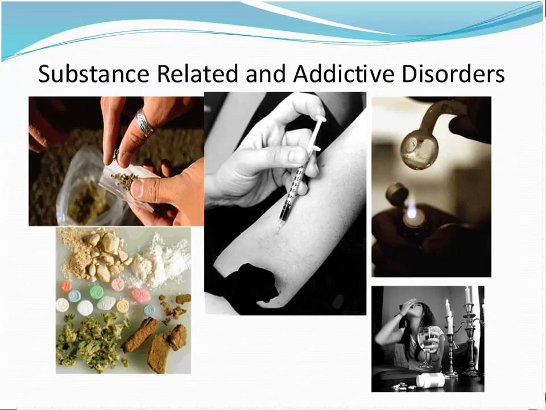So moving on to substance-related and addictive behaviors. The chapter name has been changed, as we are now also including the idea of behavioral addictions. So substance-related and addictive disorders has been broadened to include behavioral addictions. The only one that made it into this round of the DSM-5 was gambling disorder, and that's the one that has the most research and most clearly identified as impacting the reward systems of the brain.